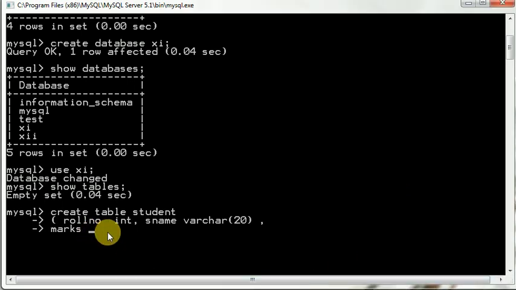I am giving here double, then 6, 2. Okay, now why here I am giving 6, 2, that we will discuss later. Marks double 6, 2. Okay,